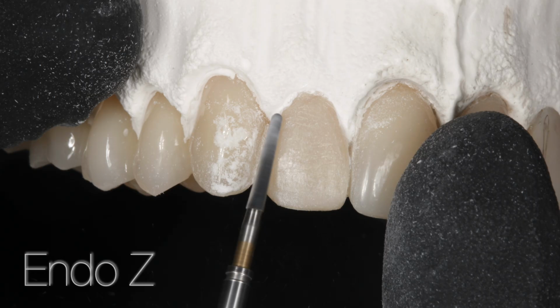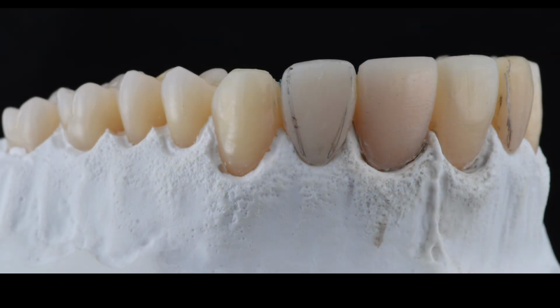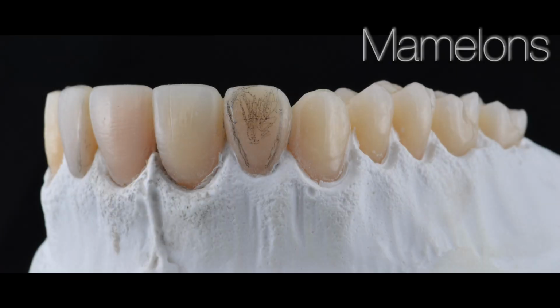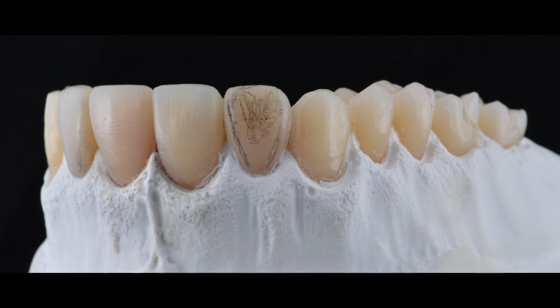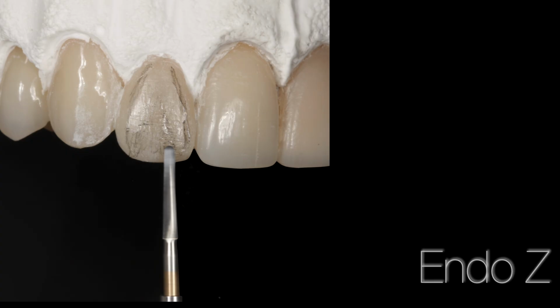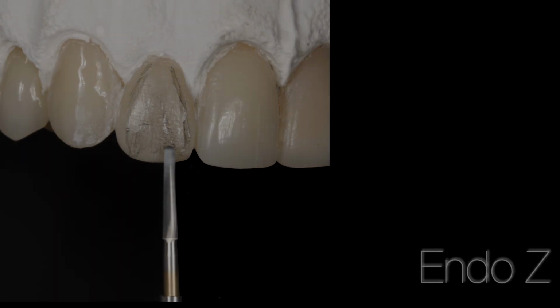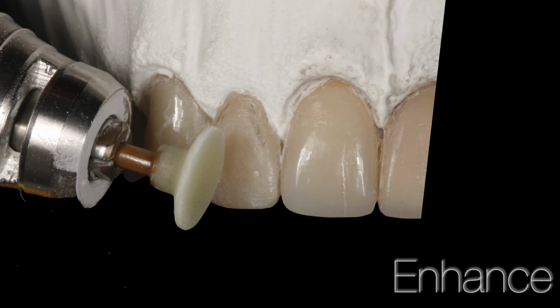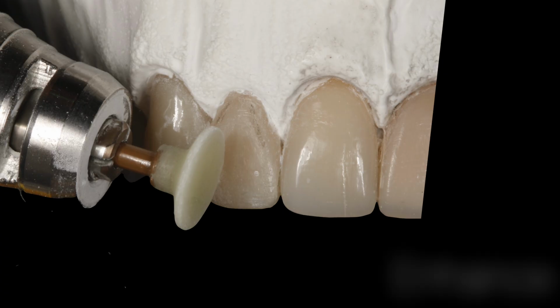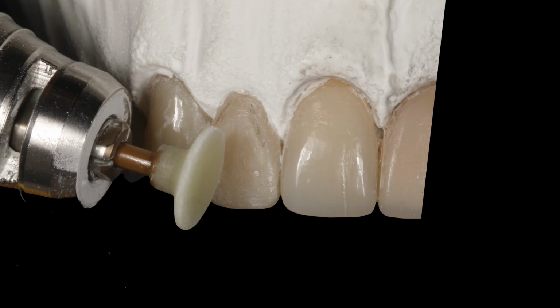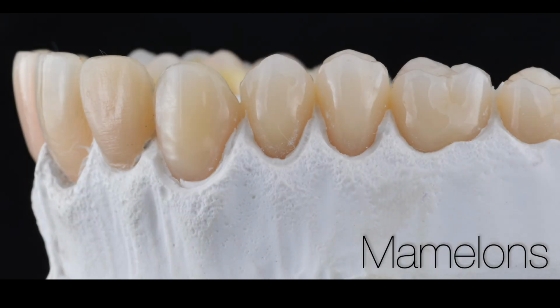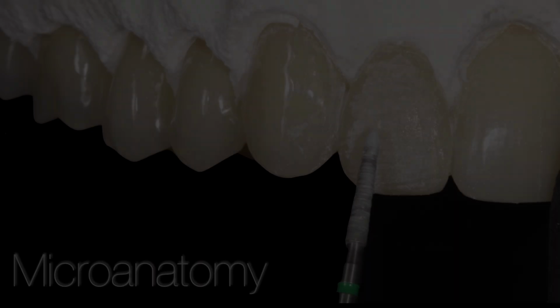the mamelons. So we have the transitional lines correctly positioned, and then we draw the mamelons, whatever we need to do. In the laterals, normally, even though there are three, we have one big depression in the middle. On that depression, we go with the endo-Z to give a little bit of wear there. And with these silicone cups, we make that surface even. We smoothen the surface with this type of burr, and in this way we can see the lateral with the mamelons and the surface.